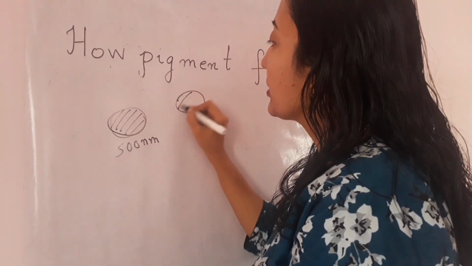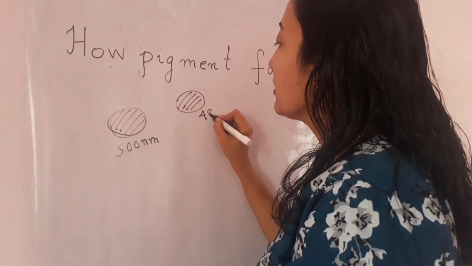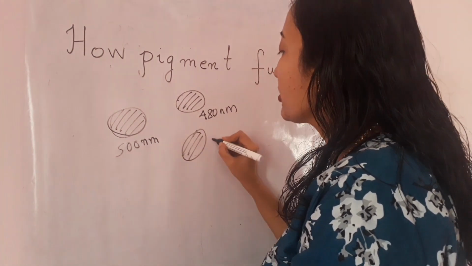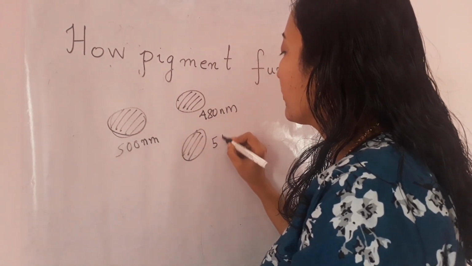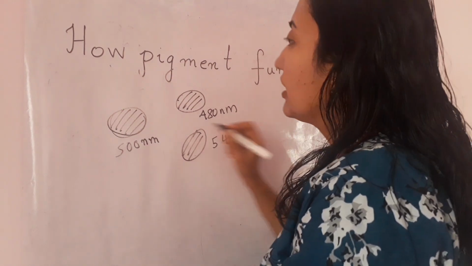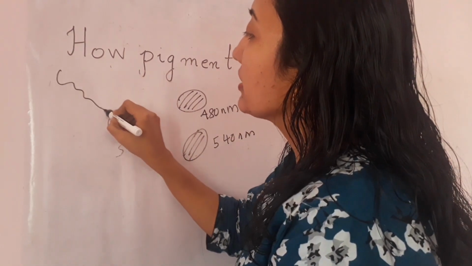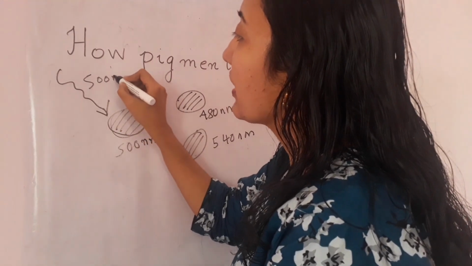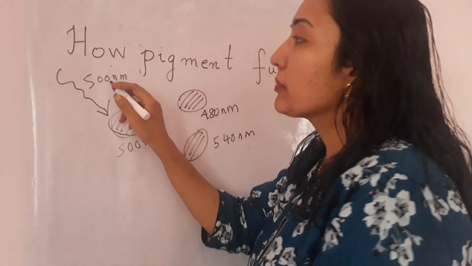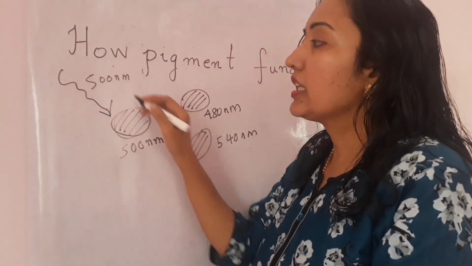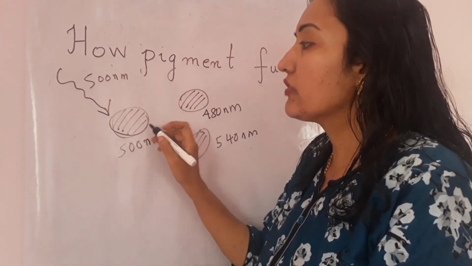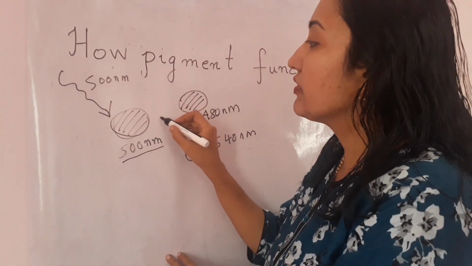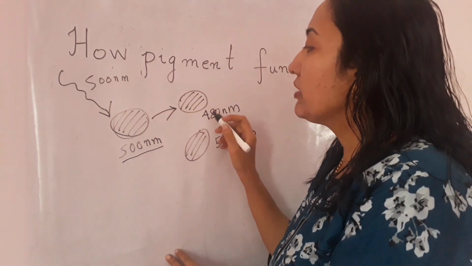This is another pigment which can absorb energy at 480 nanometer, and this is a third pigment which can absorb energy at 540 nanometer. Light is falling on all the pigments, and the wavelength of light is 500 nanometer. If this pigment absorbs light at 500 nanometer, it will be absorbed by which pigment? This pigment. And then it gets transferred to a pigment which is having